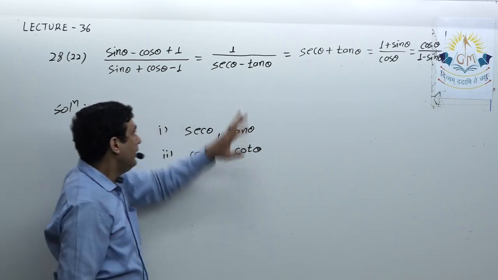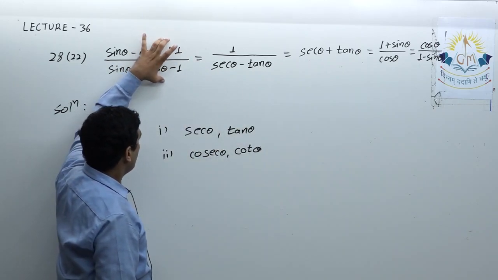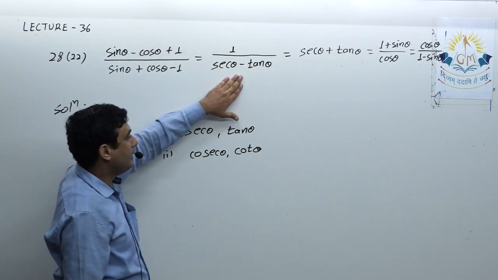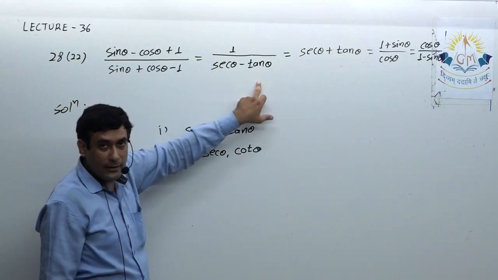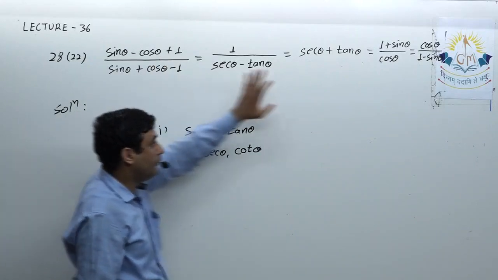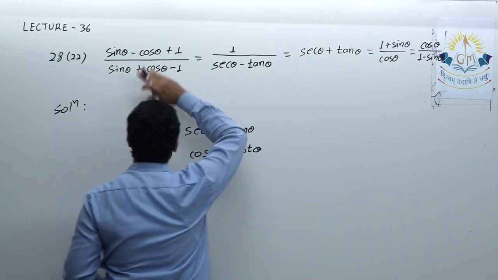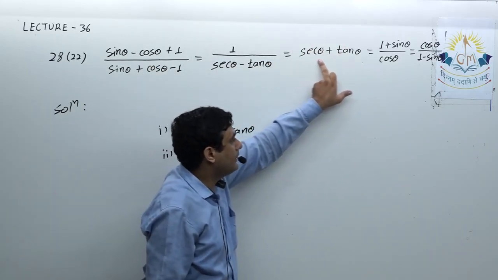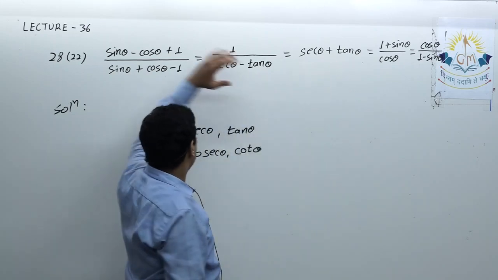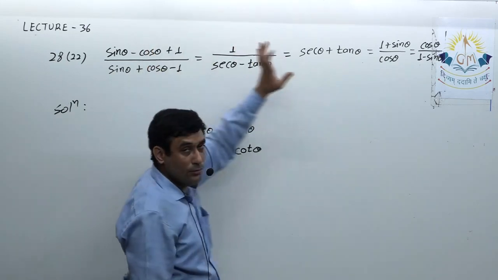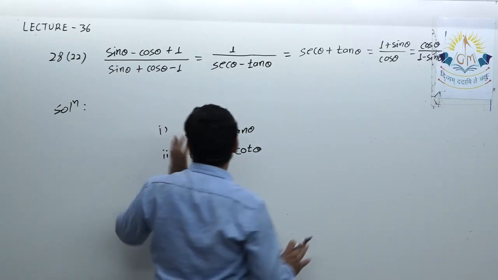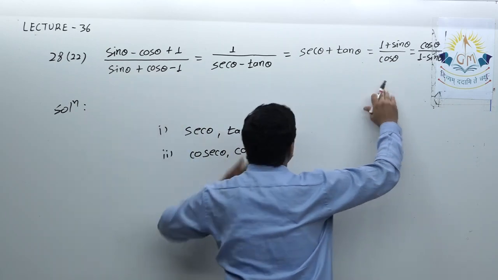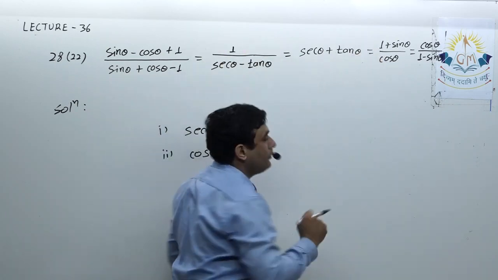So first we will see whether we have to convert into sec and tan or cosec and cot, how to decide that. So again I am repeating, if the question is that prove the first one is equal to the second one, it is very easy to know because it is in the sec tan form, so we'll convert this into sec tan form. Or suppose they are saying prove that the first one is equal to the third one, then again here you can see it is in the form of sec and tan, so definitely we'll convert the first part into sec and tan. Now suppose they are saying prove that the first one is equal to this last one, that means these two portions are not given to you.